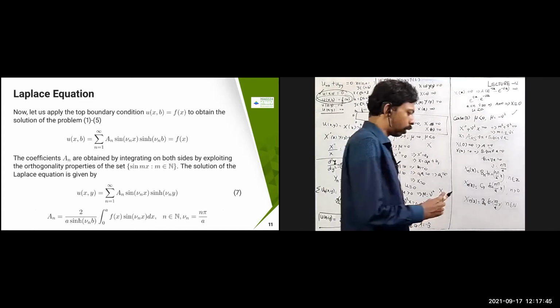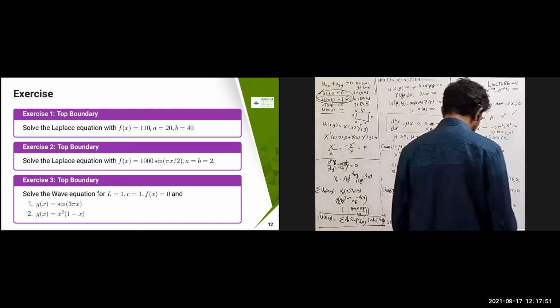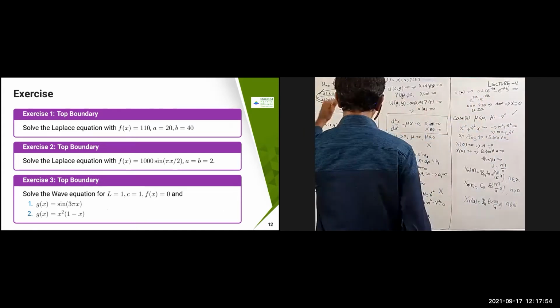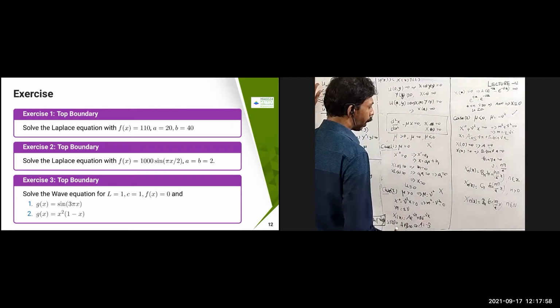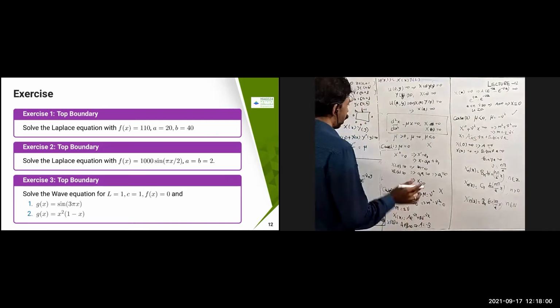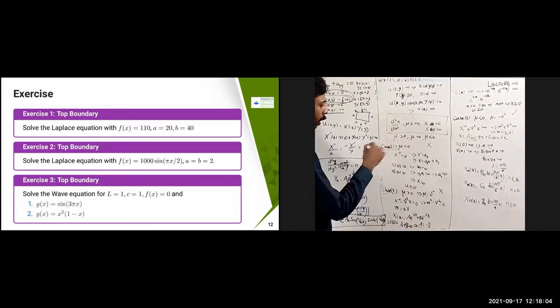So this is the same thing. Again I repeated the same thing that we did for the last Laplace equation. I have spent more time on the heat equation, but the wave equation and Laplace equations are similar, so I did not spend much time. I just replace the locations wherever the changes are, and the logic is the same, so you don't need to spend more time on it.